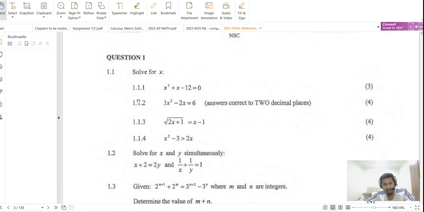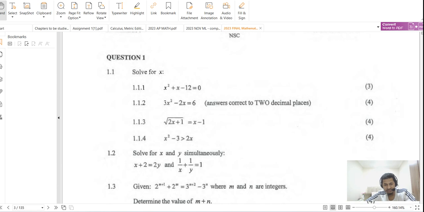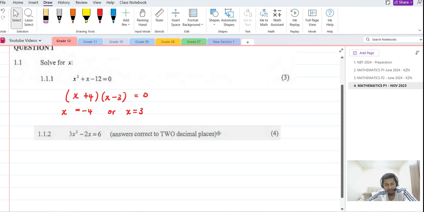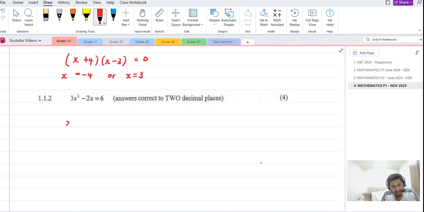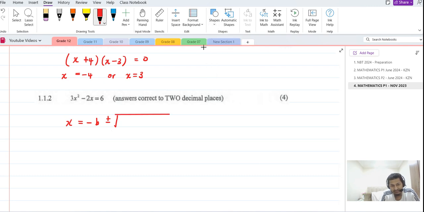Right, so pretty simple, because they said must write the answer, solve for x, answers correct to 2 decimal places. So we know we have to use a quadratic formula there. We don't have an option. Right, so if you copy the quadratic formula from your formula sheet, you should get x equals minus b plus minus the square root of b squared minus 4ac all over 2a. Now if you substitute the values of a, b, c,